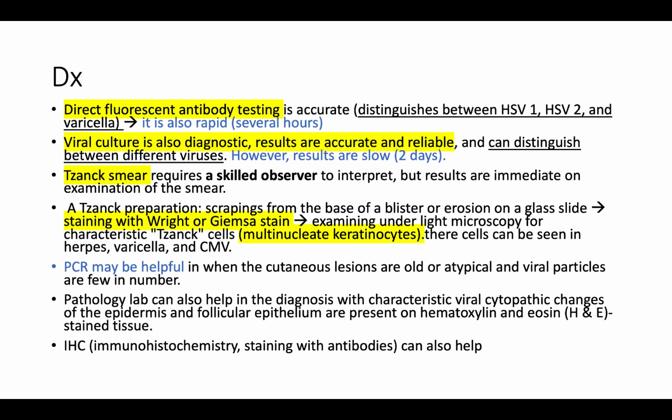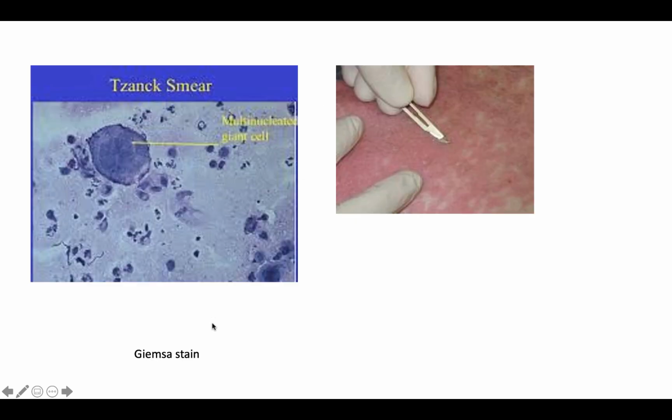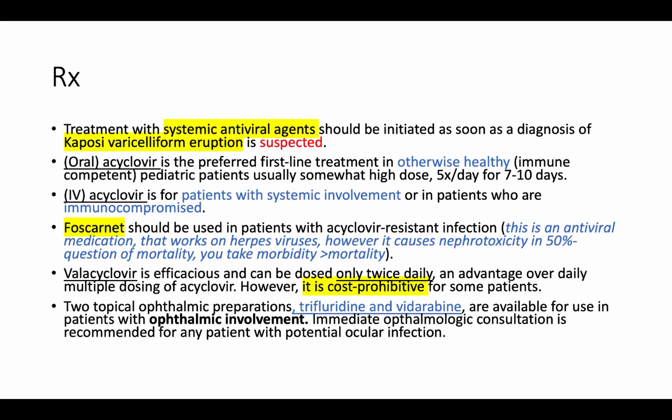So you can do it on the cutaneous lesion, and then you can see what you have. Pathology can of course do H&E stains, and then they can see immunohistochemistry as well, so staining with antibodies. So lots of ways to detect it. Treatment, what do you do for him? Treatment: if it is only suspicion, you are only suspecting